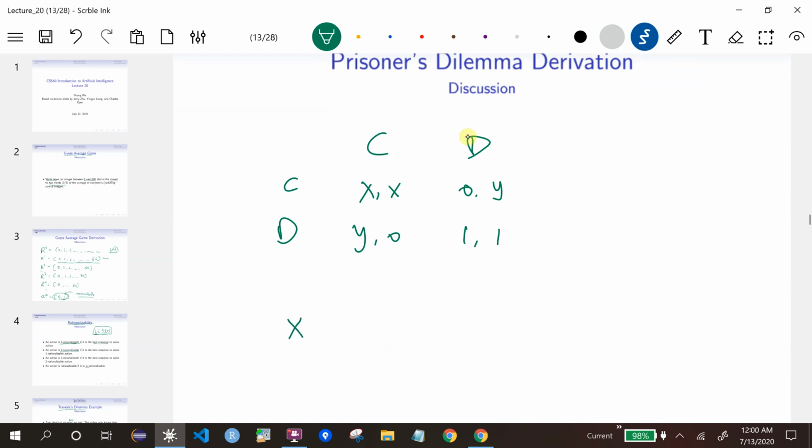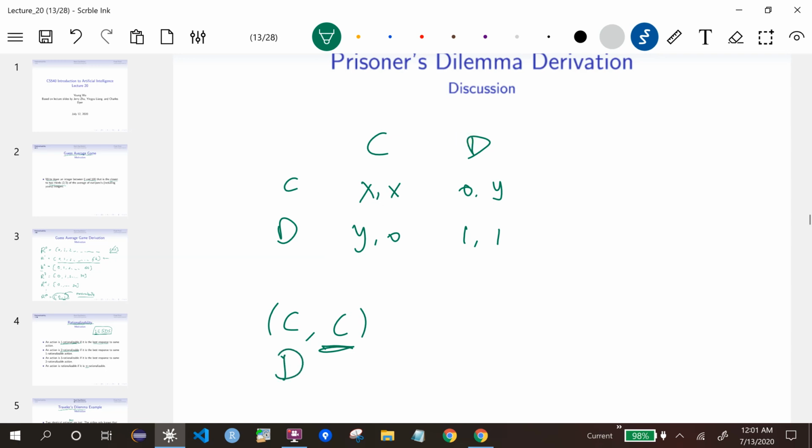So for example, let's check whether C and C are mutual best responses. If the other guy is denying, should I deny as well? No, because if I cheat, basically, then